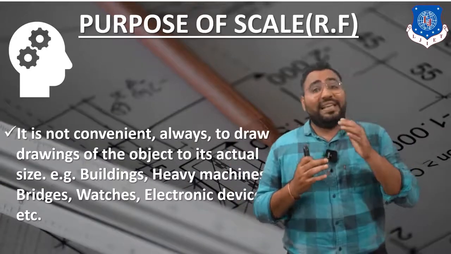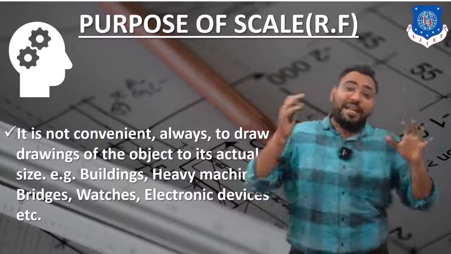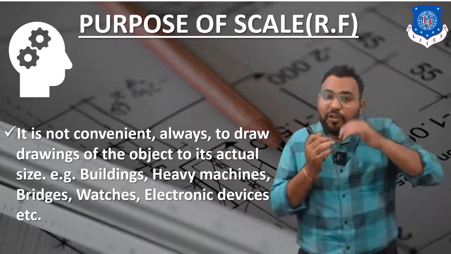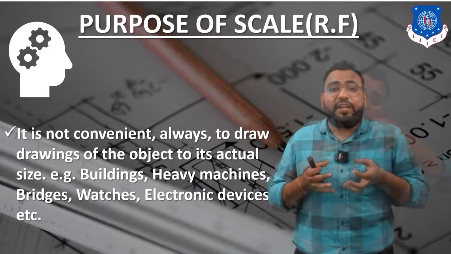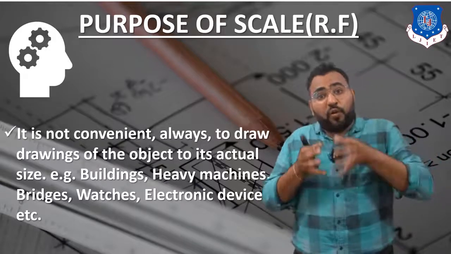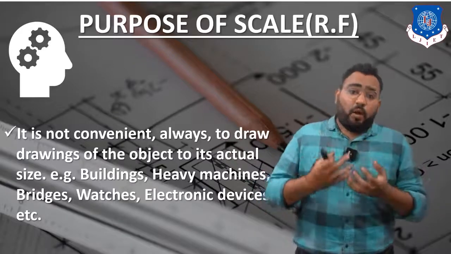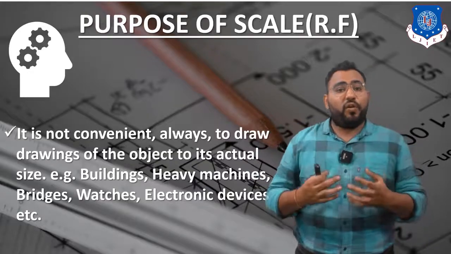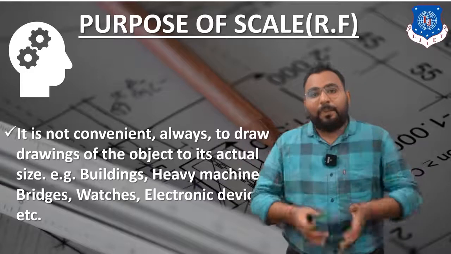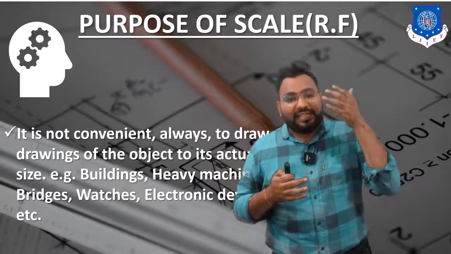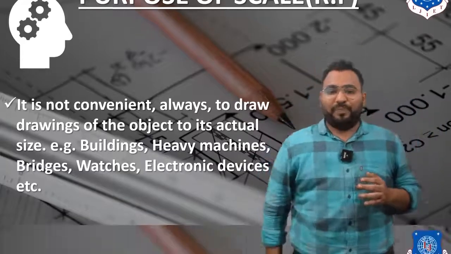Let's say if a particular line is represented by 10 centimeters, then you are going to draw it by 1000 centimeters in your drawing book. So what I am doing here is making it large. Sometimes there are small objects where it is not possible to draw them by actual dimension, so you have to make them large. Or sometimes objects are very big, so you cannot draw them by the actual dimension, and at that time you have to scale it down. So that is the purpose of why we take a scale or representative fraction. Now I think you will get to know.